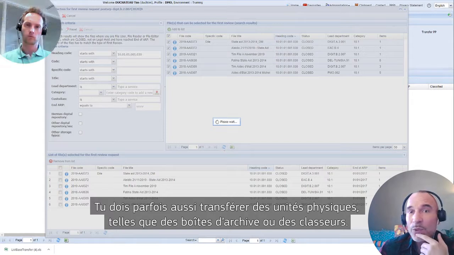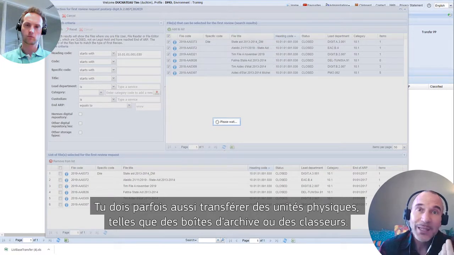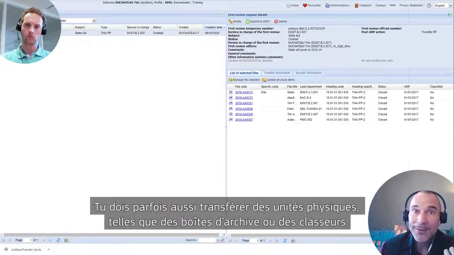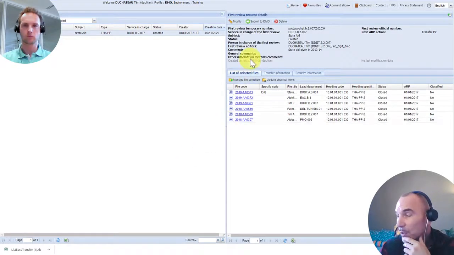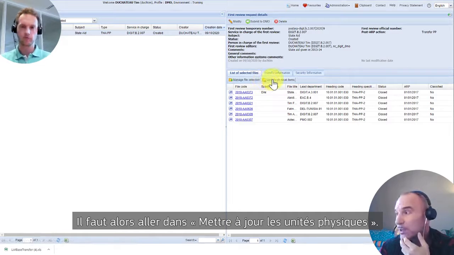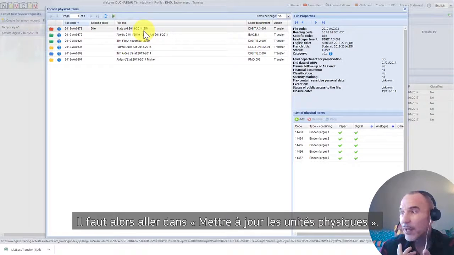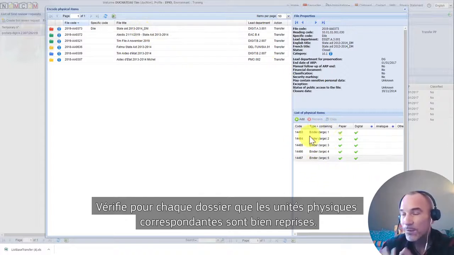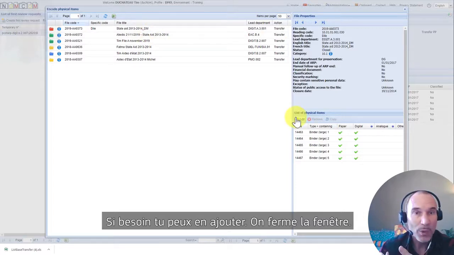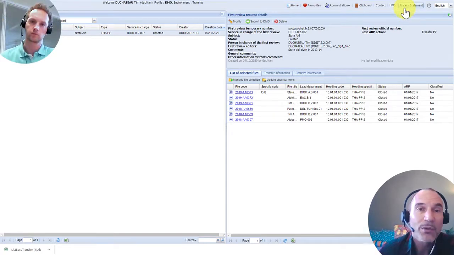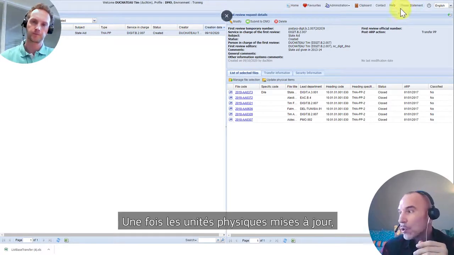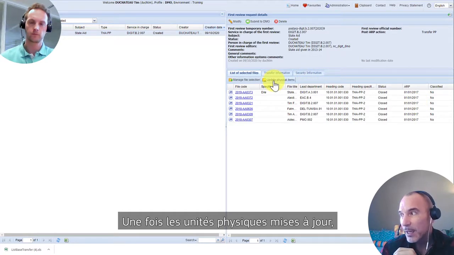It is possible that you will also have to transfer physical items, so archive boxes or binders that are still lying around over there. For that reason, you have the possibility over here to update the physical items. If you click on update physical items, you can check for every file that you have if the physical items, the binders and the archive boxes, are there, or you can add more if you want. You just close this window by clicking on the little cross in the top right hand corner of the window. So once you have done updating your physical items,